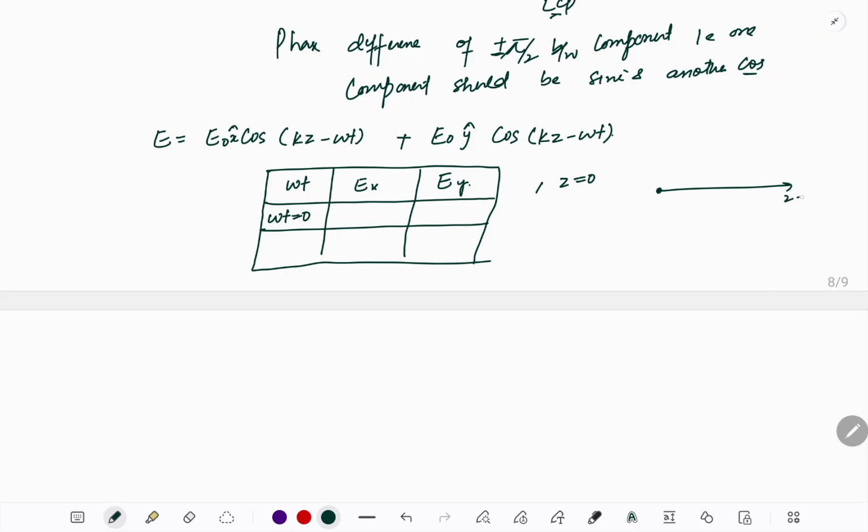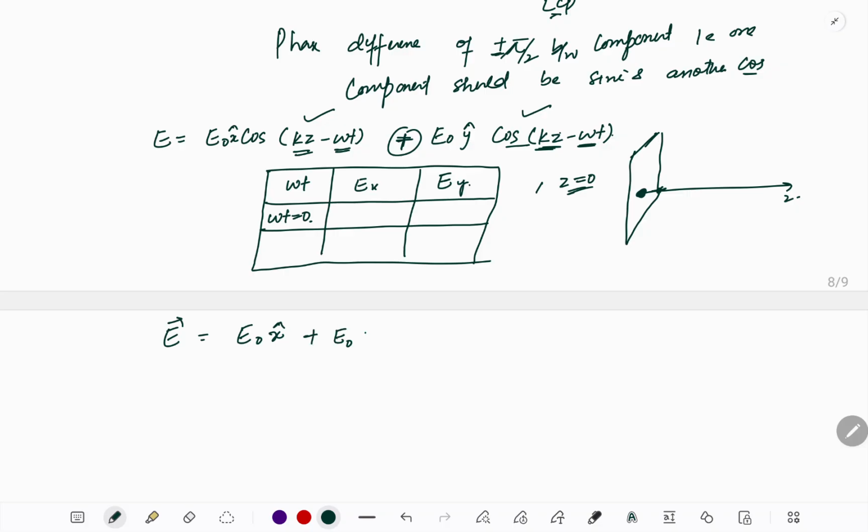If this is a z propagation, we're taking a very important point here. Okay, we're looking at this point, so z is 0. So let's see what will happen to the equation. We have taken the plus sign here. So see, z is 0, this would be 0 because omega t is 0, so it becomes 0, cos 0 is 1, so E becomes E naught x cap plus